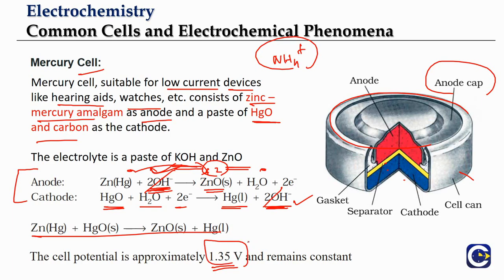So this is the difference between the Leclanché cell or dry cell and the mercury cell. Mercury cell can maintain the potential difference almost constant because the electrolyte does not feature in the overall reaction. Whatever electrolyte is consumed in the anode part will be given back in the cathode reaction. So this is about the dry cell and mercury cell. And again I am reiterating, we have to look for questions on what is the anode, what is the cathode, what is the electrolyte, and some specific applications of them.